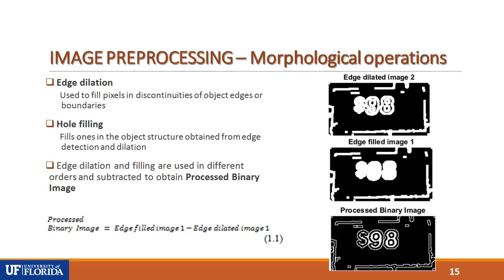A processed binary image is calculated by subtracting edge dilated image 1 from edge filled image 1. It can be seen that the inside of the filling of the binary processed image represents our symbol and character accurately and has eliminated jagged edges that were initially present around the character. This can be used for optimum character comparison and